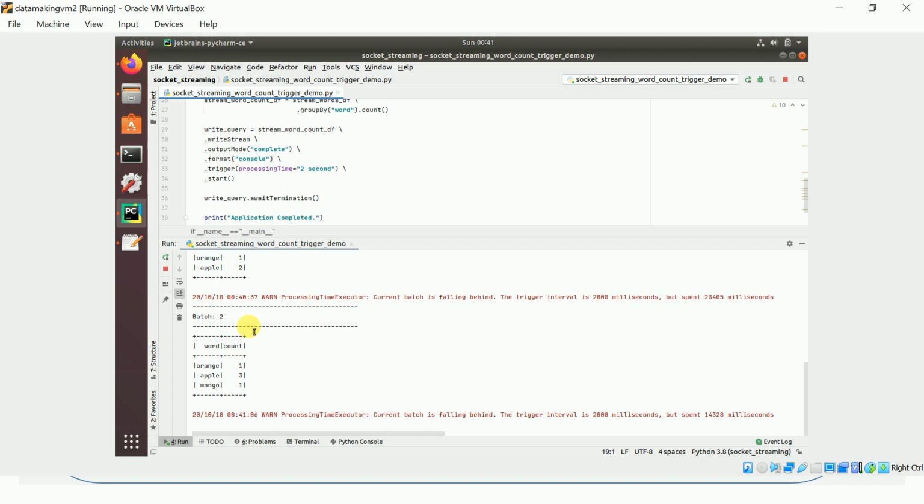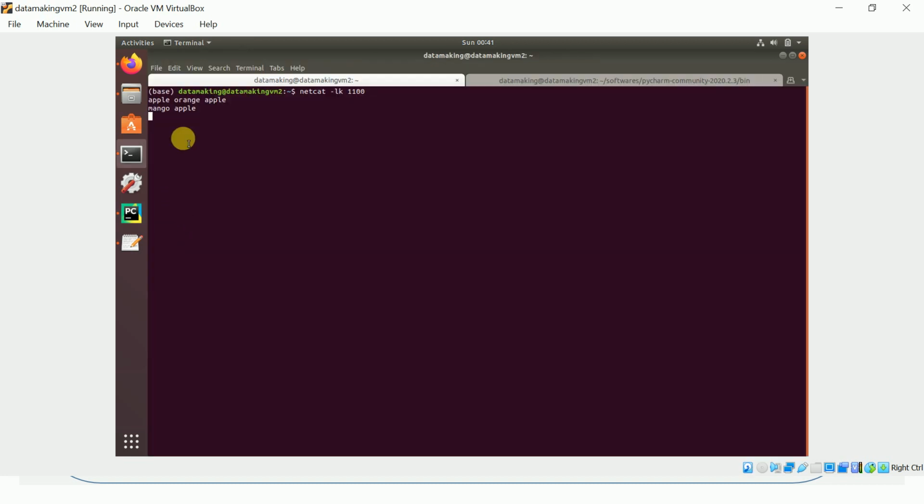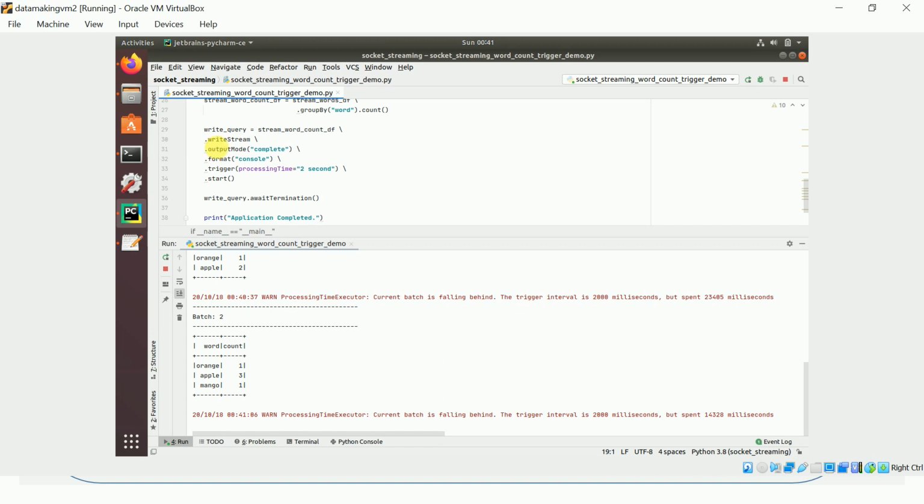Because of this complete mode, you get all the data which is getting aggregated. So I will put orange and apple again. In the next batch interval, we should see apple become 5, and orange become 2.